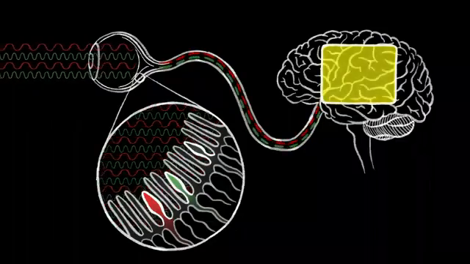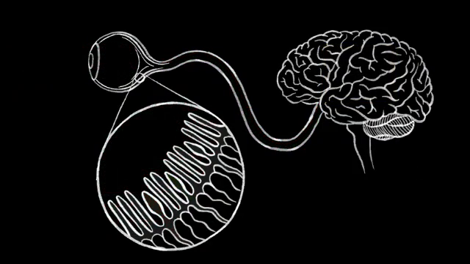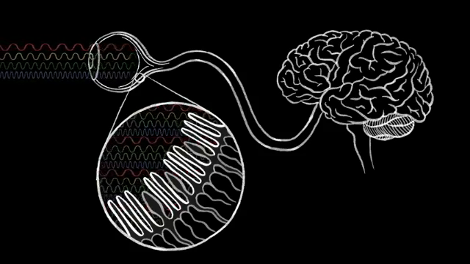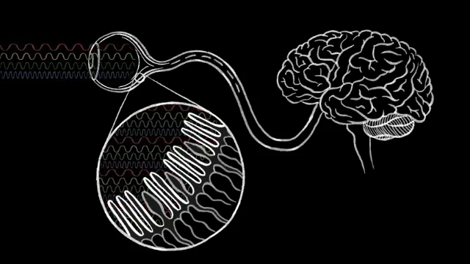And how come you can't detect colors when it's dark? Well, the rod cells in your retina take over in low light conditions. You only have one kind of rod cell, and so there's only one type of signal that can get sent